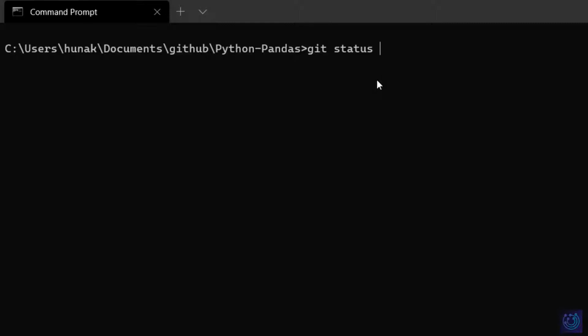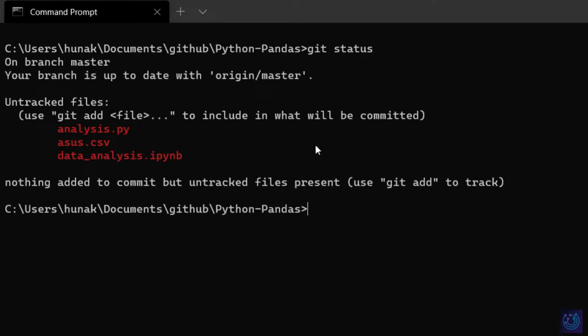So the first command we'll be using is called git status. This basically compares the status of the local branch, which is the thing which you cloned in your system, to the repository which was created on github.com. So once you hit git status, it will highlight all the files which you added in this directory, which are highlighted in red, which means that they are not being tracked right now. So whatever changes you make here will not be tracked.